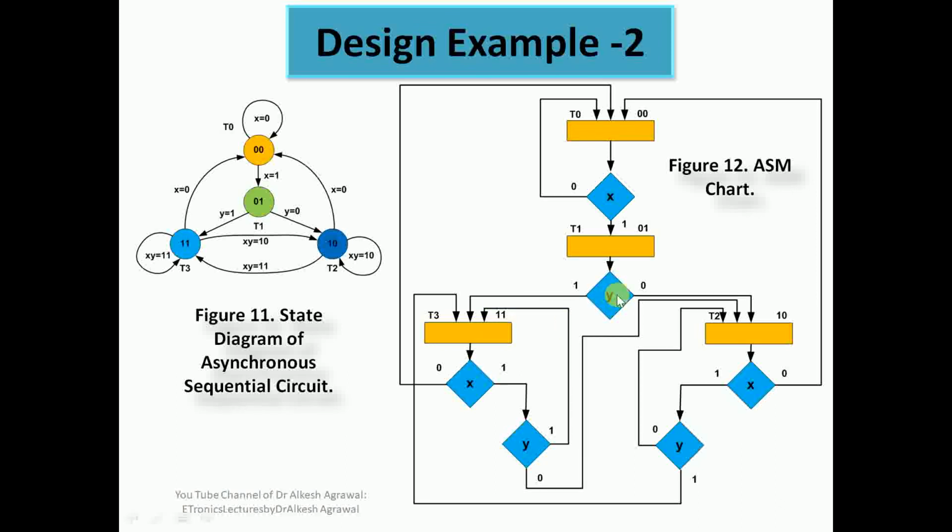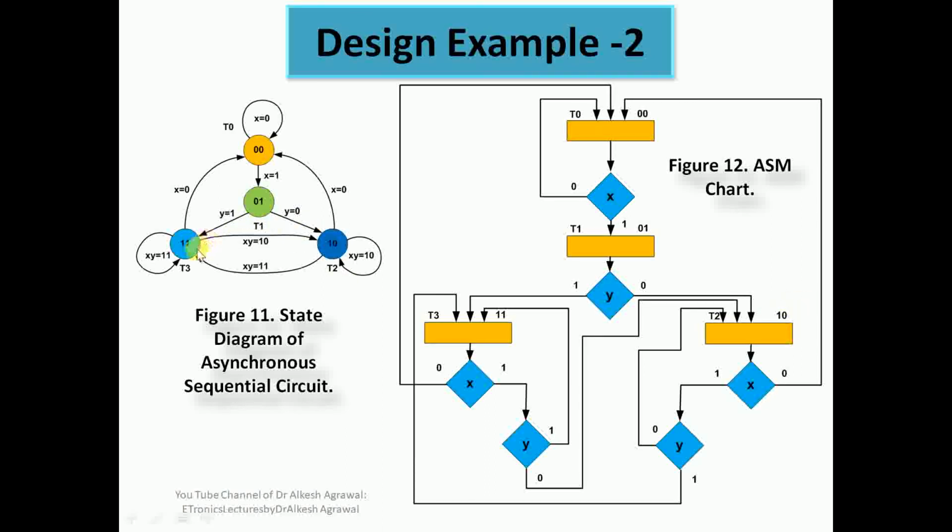And when the binary value for y is 0 or false, the state transits from T1 to T2 with this path. So we have used another state box with state depiction T2 and binary depiction 1 0.